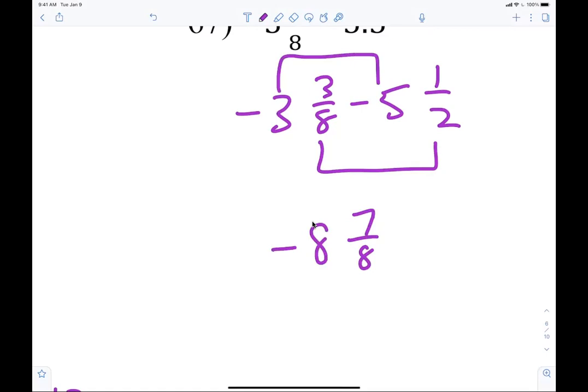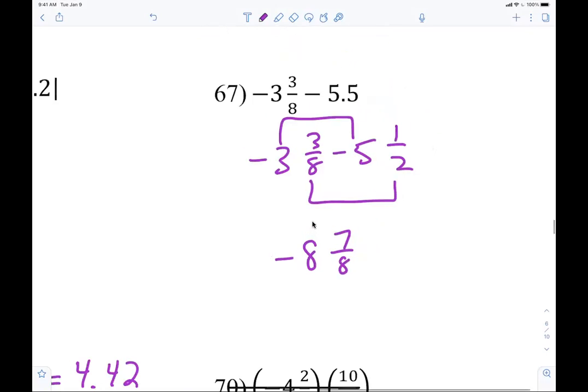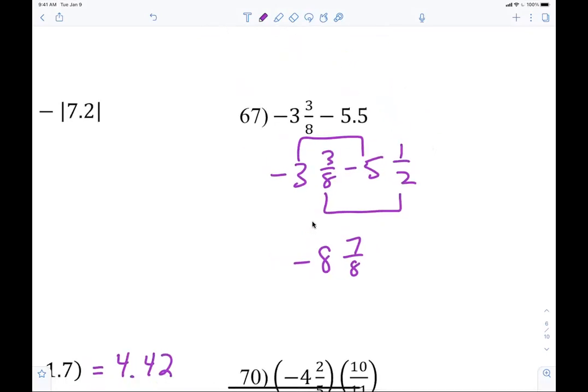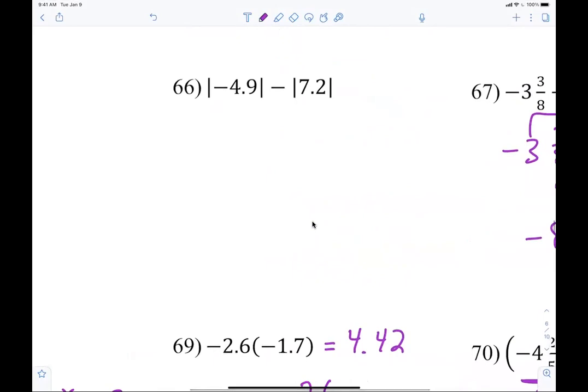All right, here we go. Can you just say a number? I have a question on a number. Is that okay? Or do we have to do 60? I'm doing them right in a row. All right, here we go. Somebody said negative 2.3. Is that okay? Absolute value, 4.9 minus 7.2.